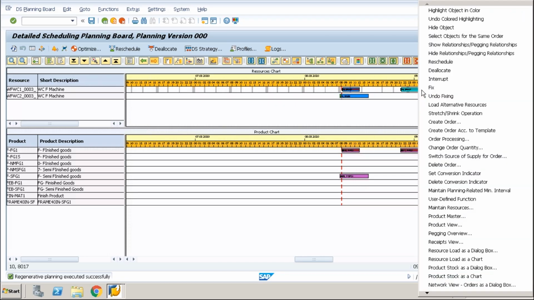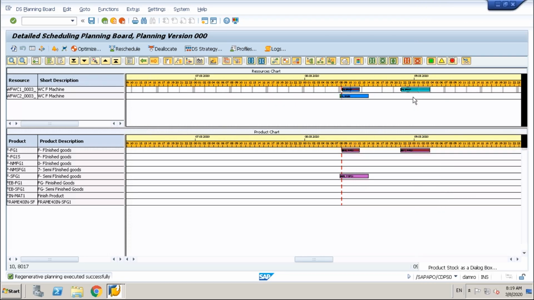If I go and see, the red line that you see is nothing but it has fixed the order. The moment this has shrunk, because we have told don't consider non-working time, it has reduced the time by 50 minutes. If you once again want to put it back, say undo fixing so that that thing will go, and then select that and say, see this schedule outside